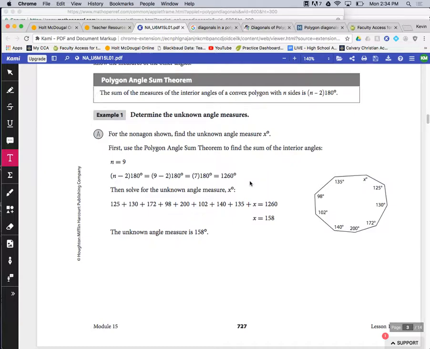Now let's take a look. All right. First off, for the nonagon shown, how many sides does the nonagon have? 9. It's got 9 sides. So it says find the unknown angle measure x. Well, all I have to do is find what the sum of the interior angles should be for a nonagon, and then